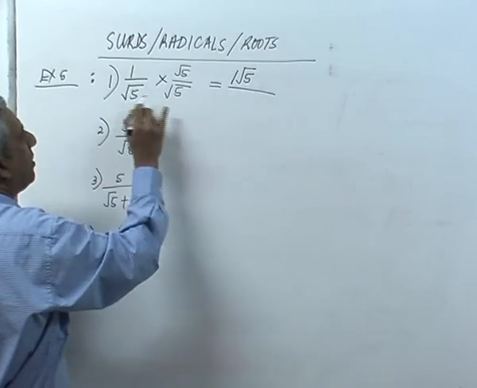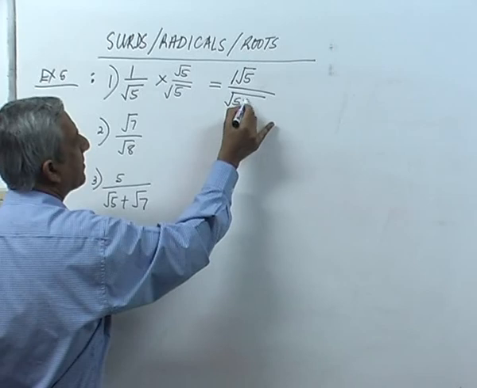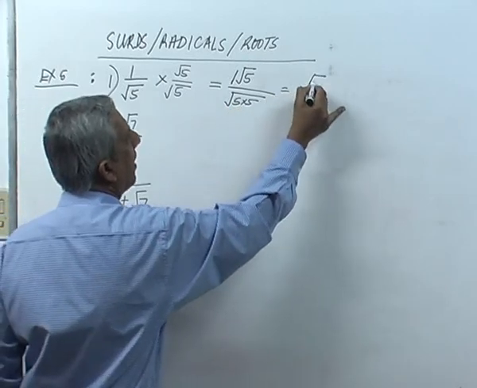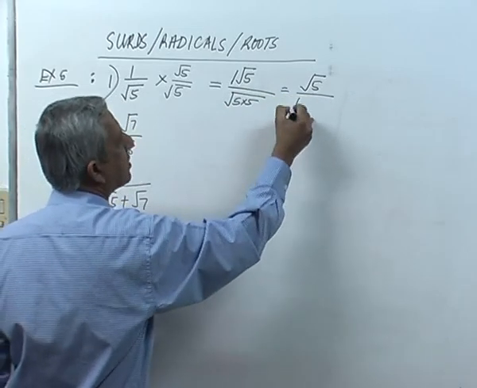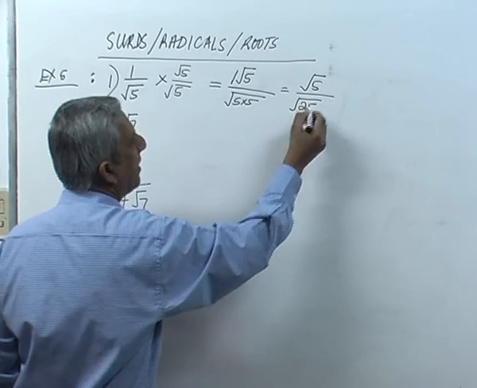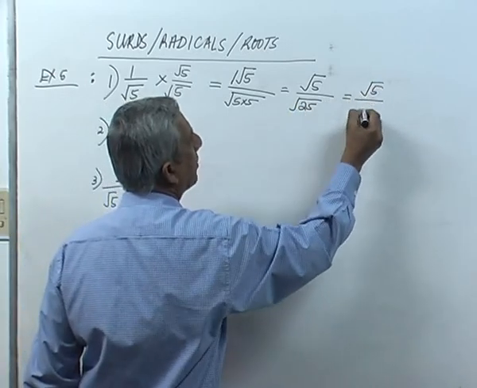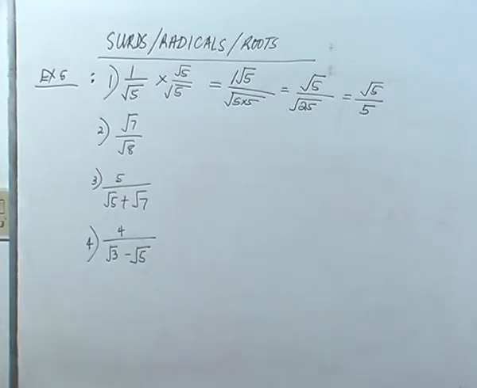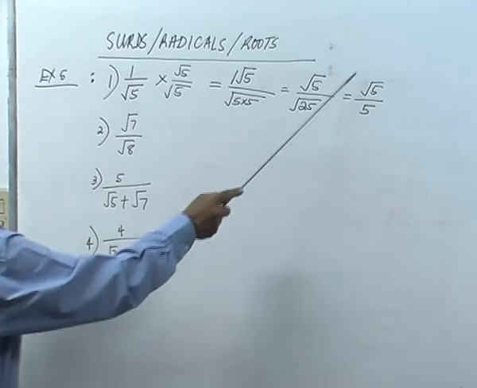1 times square root of 5 is 1 root 5, over. Square root of 5 times square root of 5 is actually square root of 5 times 5. That gives you root 5. I don't have to write the 1 because it's root 5. And this is really square root of 25, which is really square root of 5 over 5. So, it may look very funny, but it is correct and it is true. 1 over root 5 is actually equal to root 5